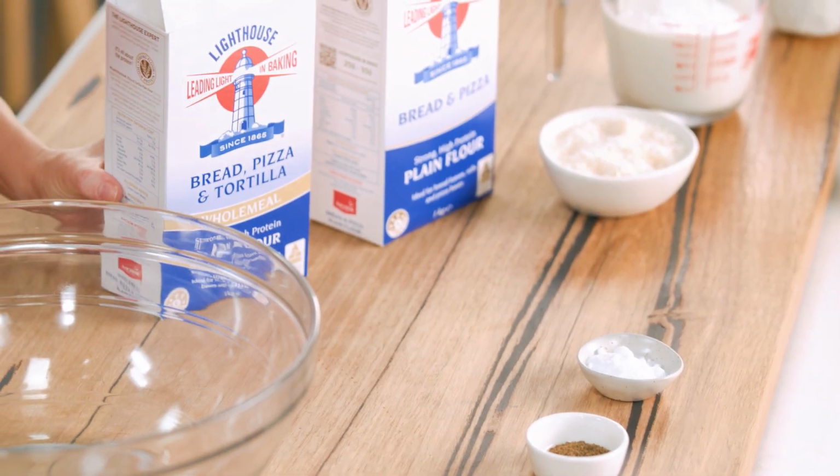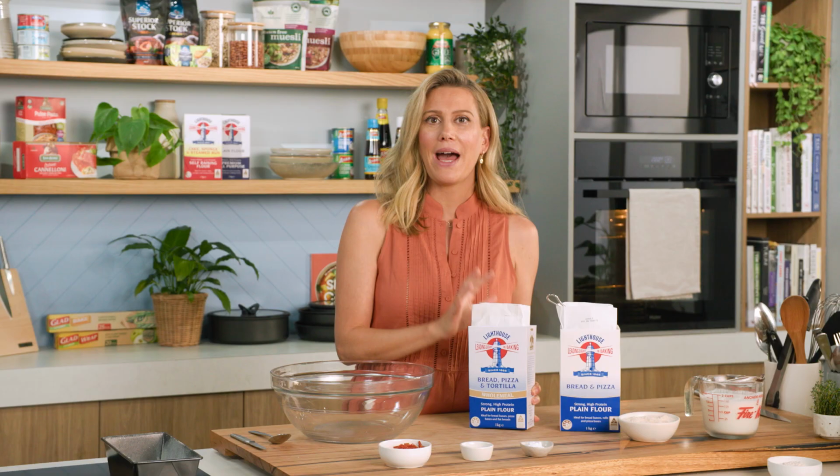My friend Colin McGee has shared with me the most delicious soda bread. Now, the difference between soda bread and other varieties of bread is there's no yeast in a soda bread. In actual fact, the leavening agent is bicarbonate soda. So this is a classic Irish recipe, and I'm going to be using wholemeal flour as the base of this,